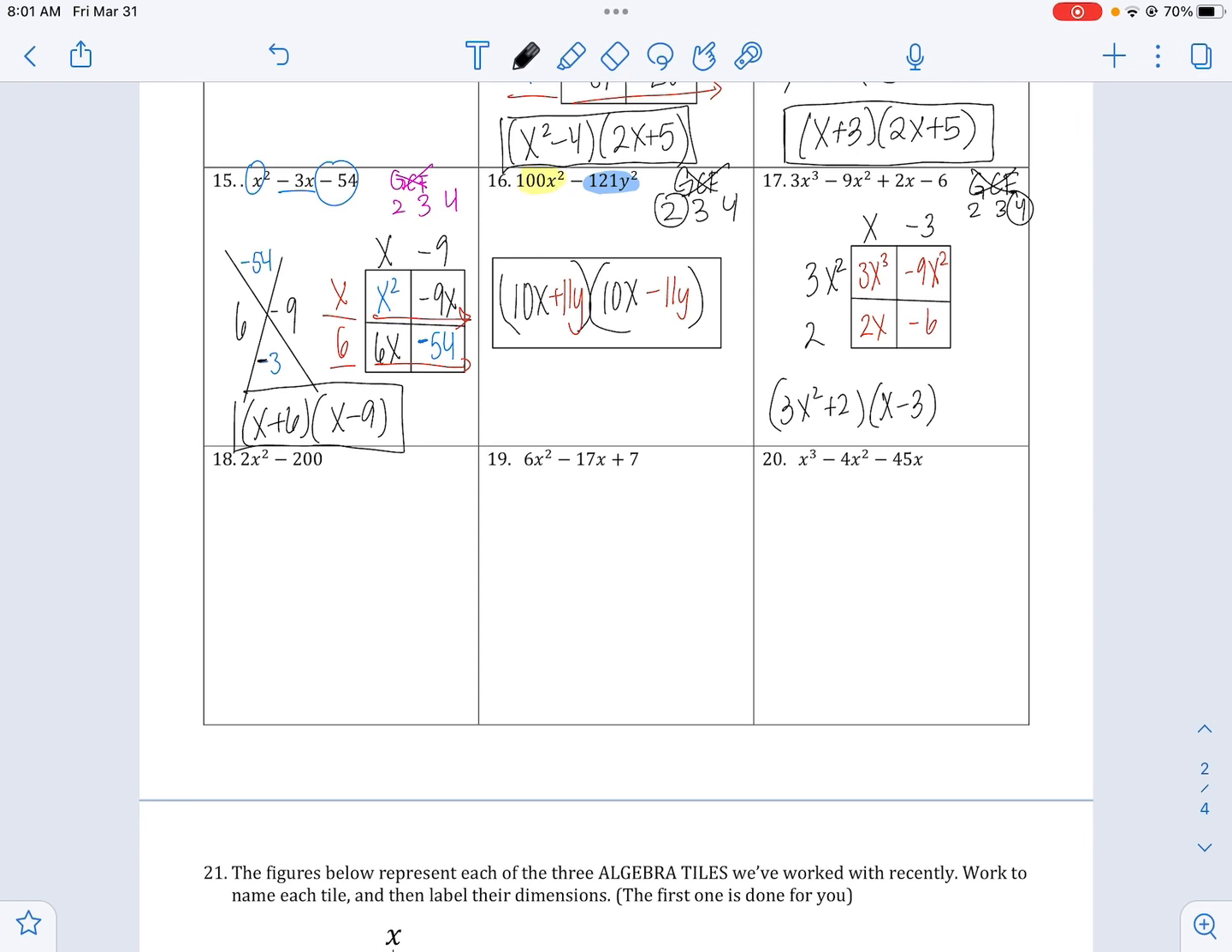Okay, now question 18, do we have a GCF? Yes, we do. Let's go ahead and take it out. So 2 parentheses x squared minus 200 divided by 2 is just 100. Awesome. Ask yourself, do we have 2 terms, 3 terms, or 4 terms? And we go ahead and have 2 terms. So we get 2 times